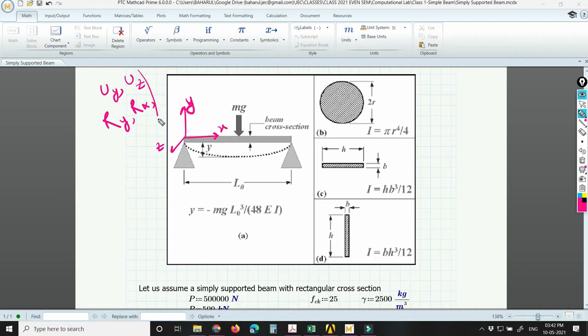And the translation along x also we will restrain. We are only allowing it to deflect. Only rotation about z is allowed. Other than that, all are restrained. By doing this, you are mimicking a 2D simply supported case.